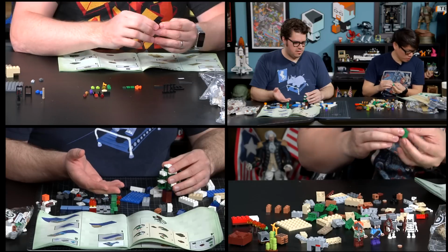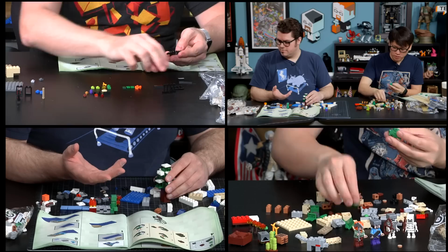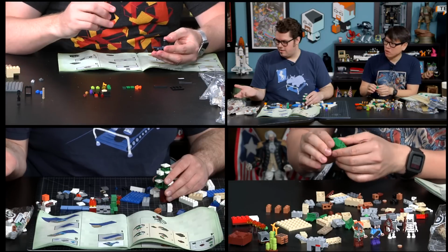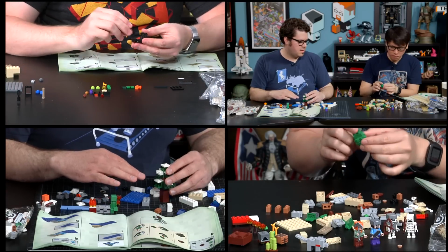And then the designers, we work together all the time. We'll take the lead on a set. So like the set that Will's building, that's the set that I had. I was the lead designer on that set. And then this one was another Robert, and this one was Max's. And so it's like,